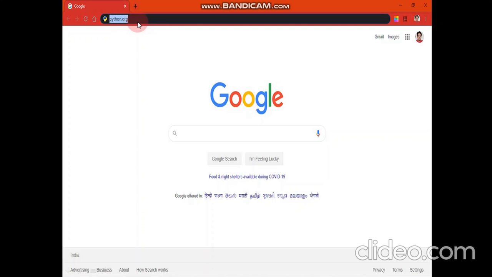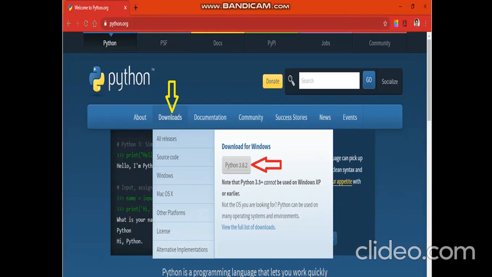Now after pressing the enter key, this web page will direct me towards the Python official home page. As you can see from here that in the front there are many tabs like About, Downloads, Documentation, Community, Success Stories, News, Events. So under the download section, if we are putting our cursor on the download section, a list will